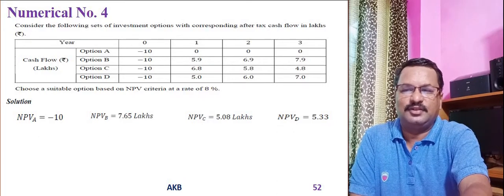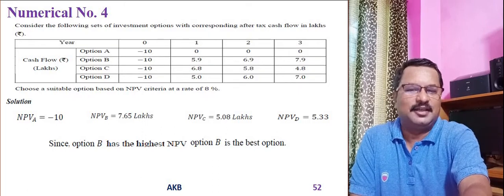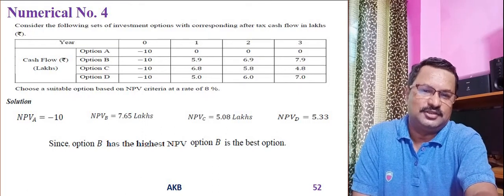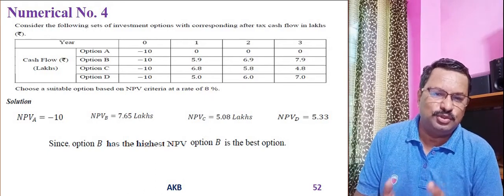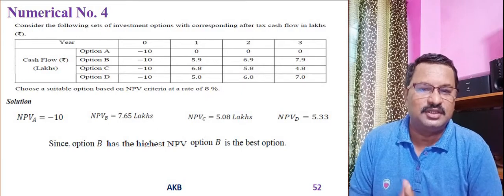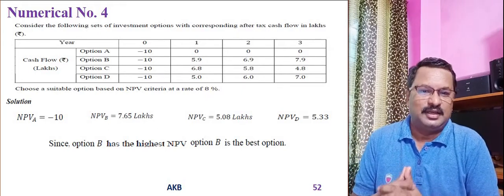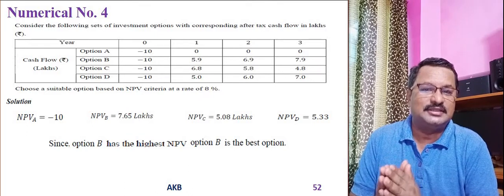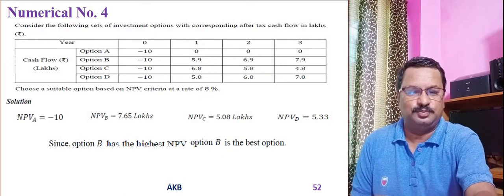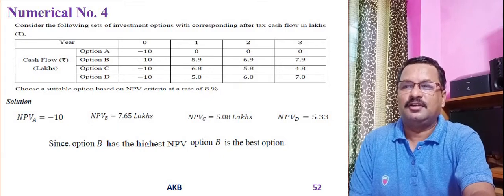So if you compare the 4 values, you will come to know that for option B the net present value is highest, and therefore you can recommend this option. So again, in this particular example, you have understood how to use the formula for calculating net present worth. You have also understood that net present worth is nothing but net present value. And you have recommended that option which has the highest net present value. Okay, so that was the end of this numerical.